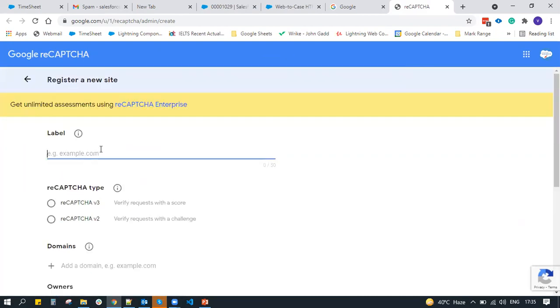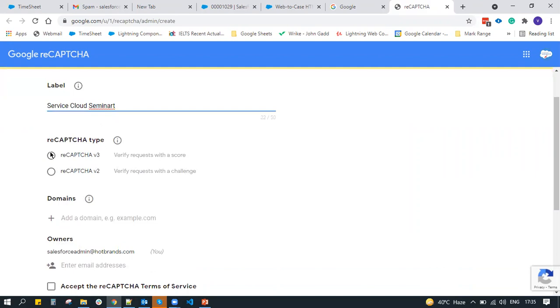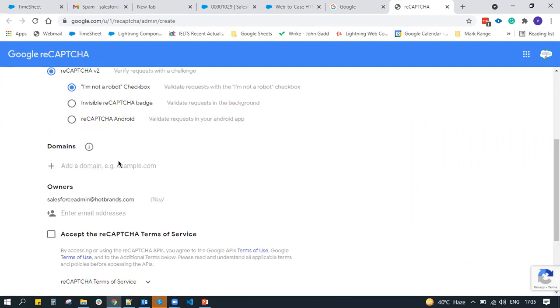Now label it as anything, for example, service cloud seminar. Name could be anything. Verification type is version 3 or version 2. In version 2 you can see there are multiple options: I'm not a robot, invisible reCAPTCHA badge, and reCAPTCHA Android. So I will be selecting the I'm not a robot one.